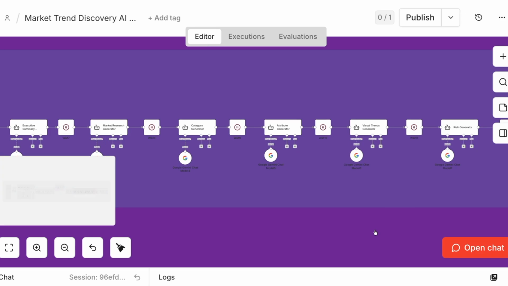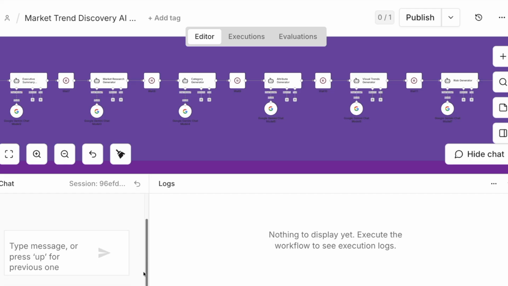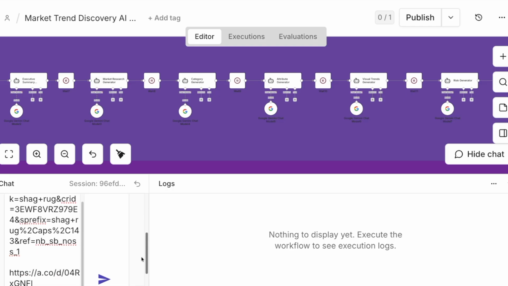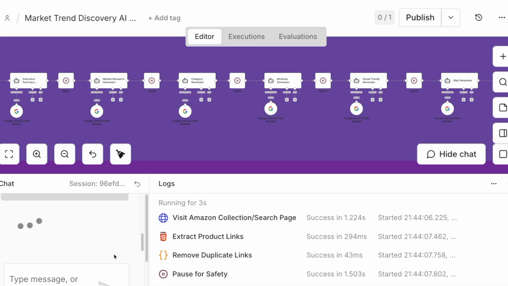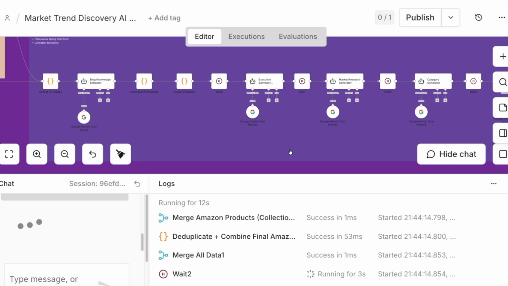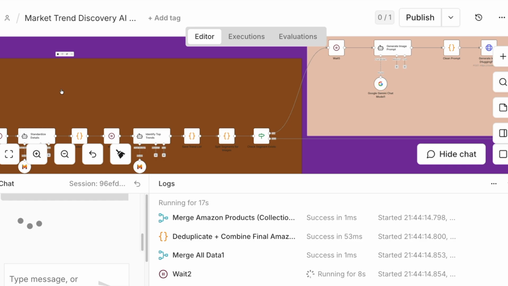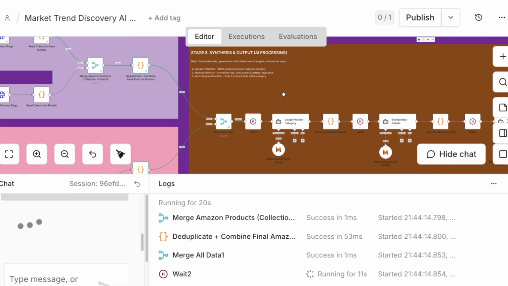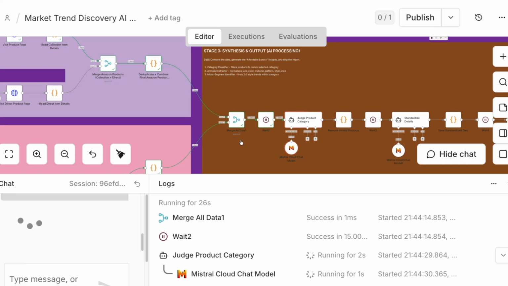So I'll enter the Shag Rug URL. Shag Rug will be my category, and I'll provide two URLs. This is the chat input that triggers the AI agent workflow, and it goes through the different stages, starting with stage one, which is our input. From stage one, it's going to go to stage two,